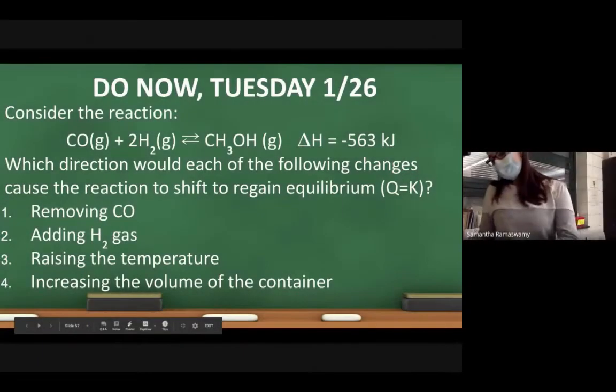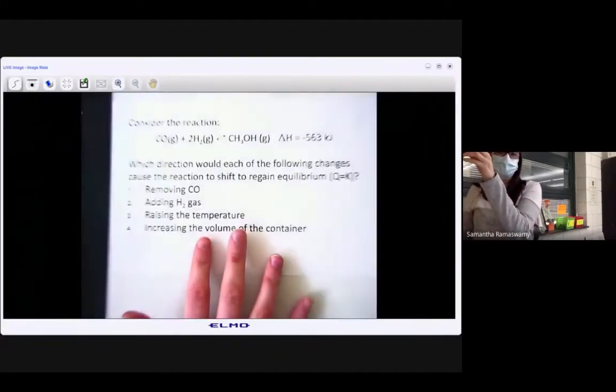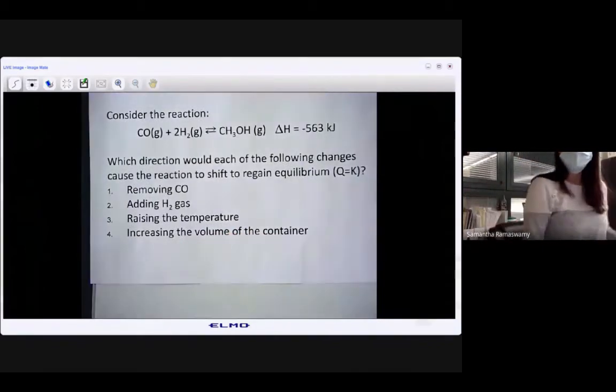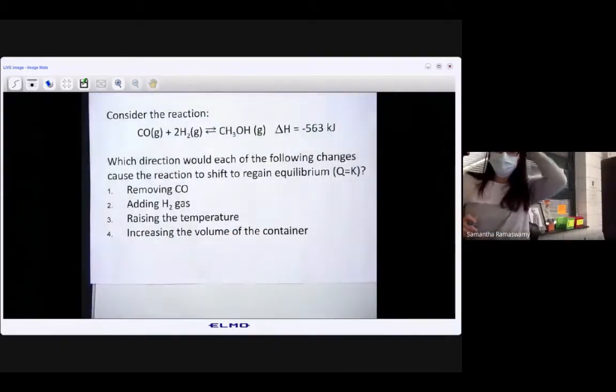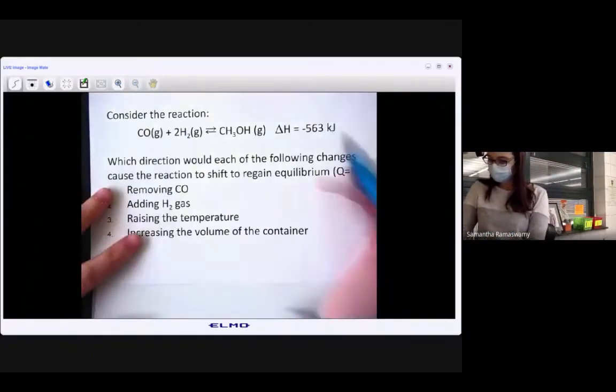We're going to answer the "do now" questions right up on the document camera. So consider this reaction. This is the exact same thing that was just on the board. I just put it on a piece of paper to make it easier for us. So before we worry about the 4 changes that we're going to make, I want to start by looking at